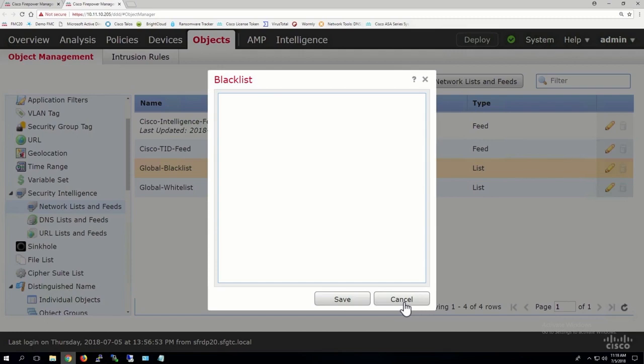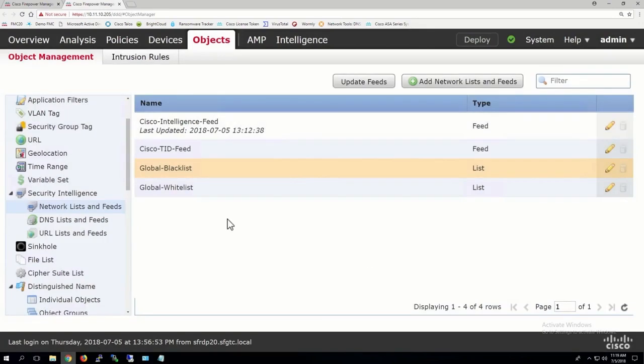We'll blacklist it, see it here, and then I'll come in here and show you where it is, and I'll be asking questions. Hey, where is this? You just blacklisted your mail server. See, I get that one a lot. Hey, Todd, oh my God, one of my customers calls, we just blacklisted our mail server because it was getting all these attacks, or it was sending out attacks, which is very common on a mail server. And they right-click blacklisted it, and now their mail server's in here. So I say, let's go and fix that, and that's how we'll do it. I'll ask you that question when we get there. Now, that's my network lists and feeds.